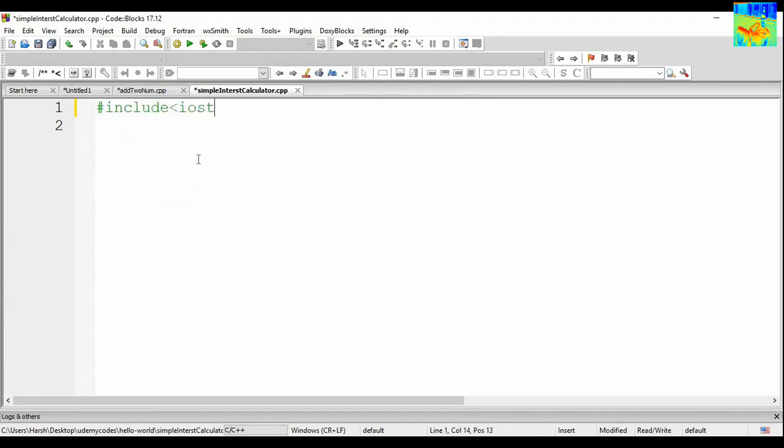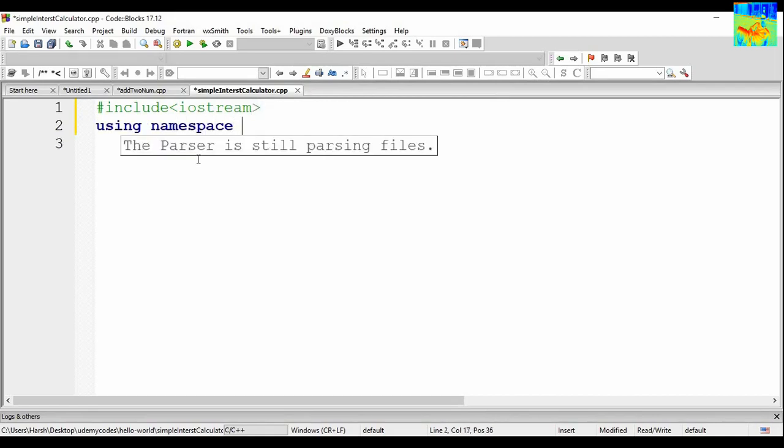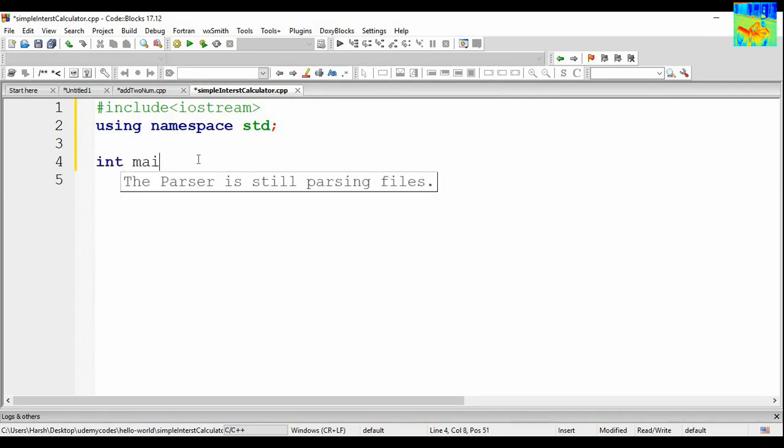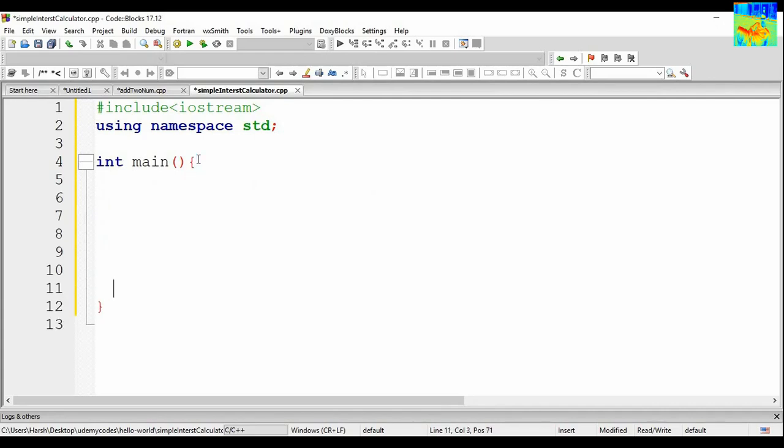Hash include iostream, using namespace std, int main, and then I am having return 0.